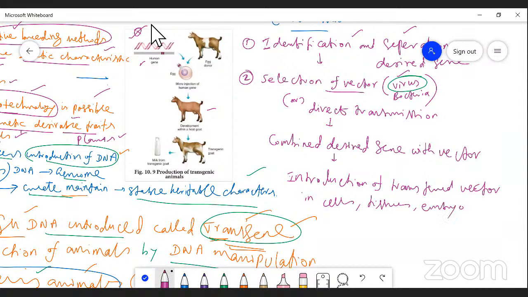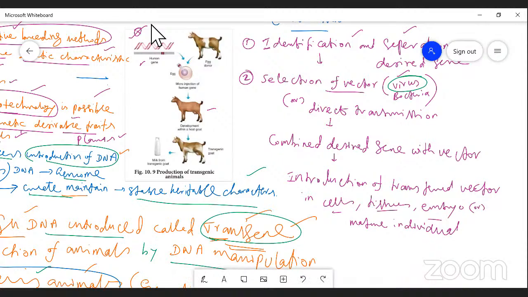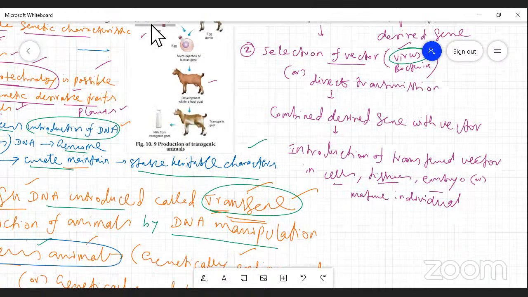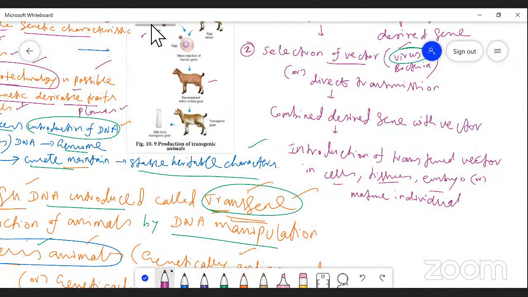The introduction of the transport vector into the cell or tissue or embryo or any other mature individuals. Okay. After the transport vector is introduced into the cells or tissue or embryo or mature individual,